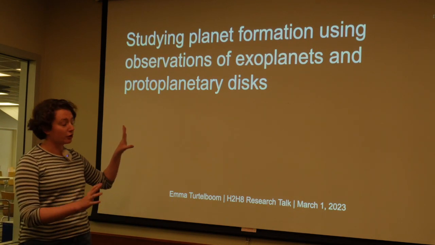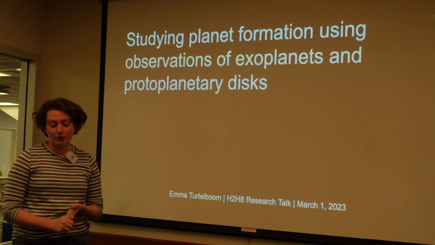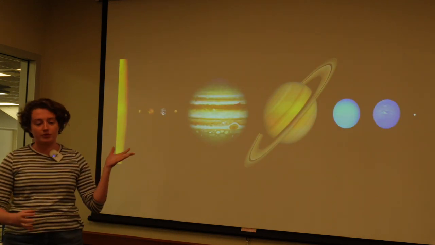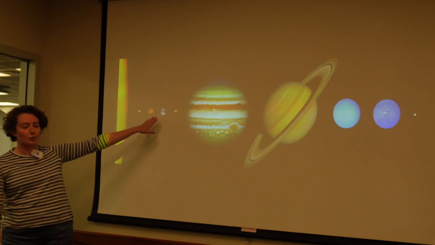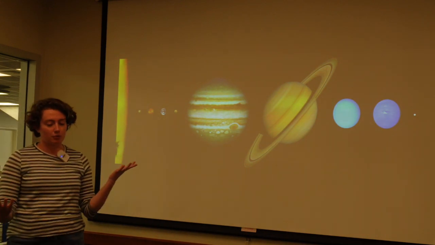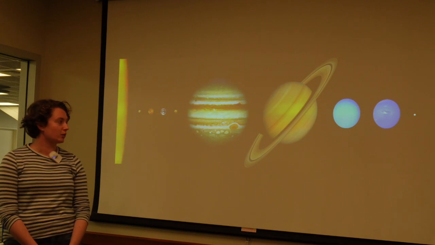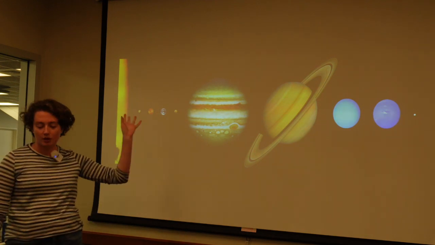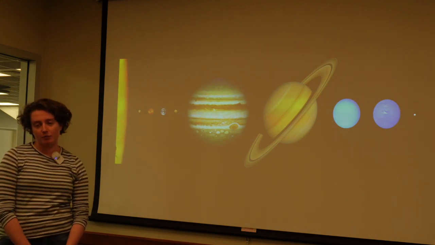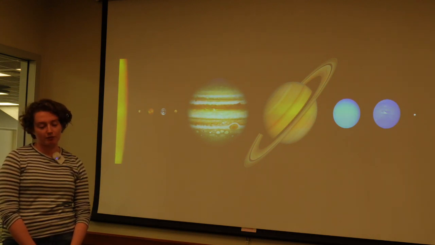But that's all a lot of jargon, so let's start off with just the first thing that comes to mind when we think of planets, and that is our own solar system. And that's our home right there, the Earth. We have many observations of the planets in the solar system, as you can see from these images. They're not to scale, but are representative of some of the many observations we have of planets in our own